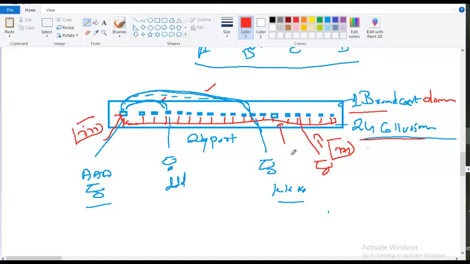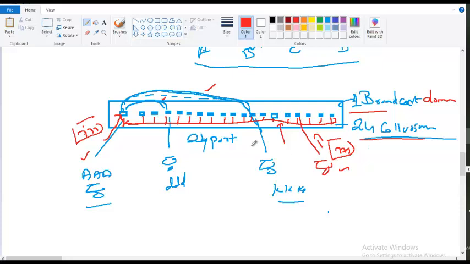So how is the collision avoided? There is a very rare chance of sending broadcasts at the same time. Even if they send, they don't collide unless there are too many computers using the flooding method. The flooding is only from this device and this device. All the rest have a dedicated line to communicate. Only when 10 or 15 devices at the same time try to use the broadcast domain, there may be